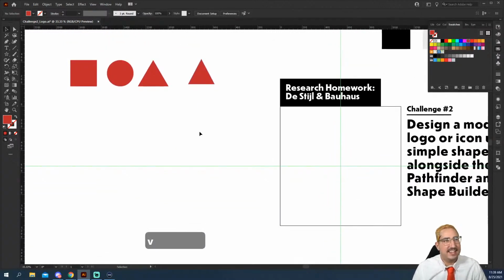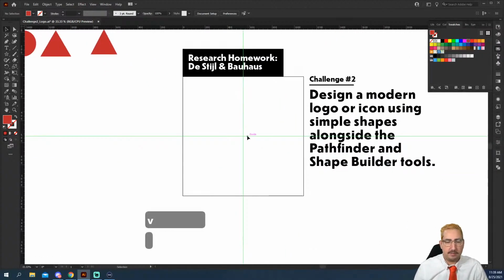Yes, it's right there. And a time travel logo, great idea. So Dan, we're going to do a time travel logo, and we're going to work right here with a circle. So we're just going to use L to grab our oval. And we're going to click and drag the circle out.